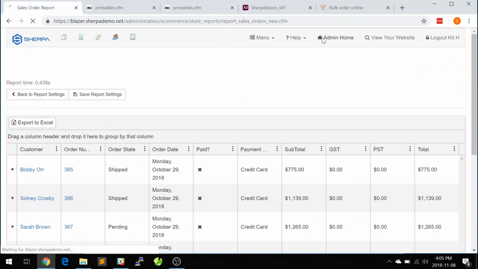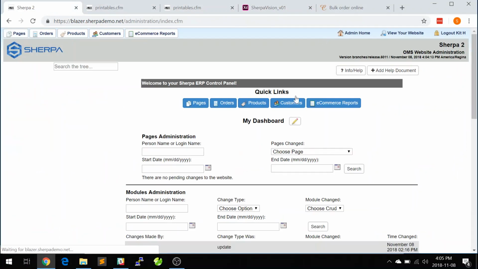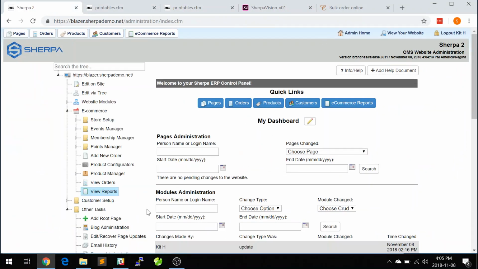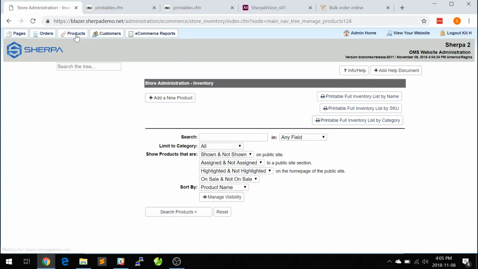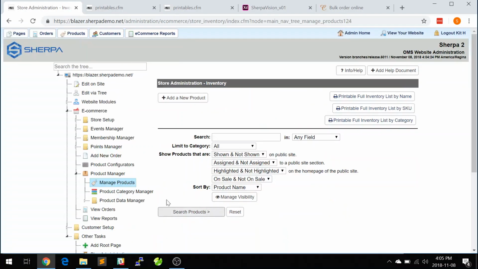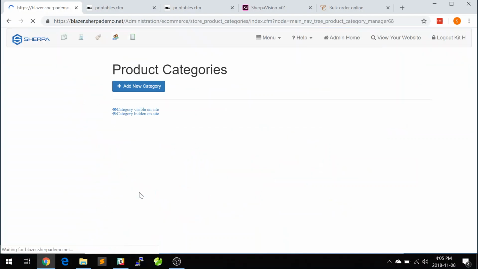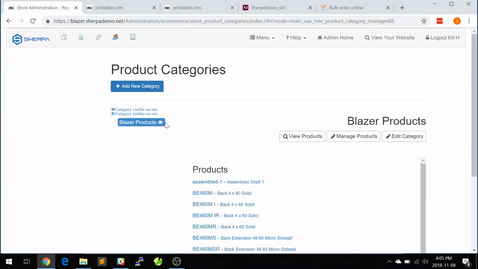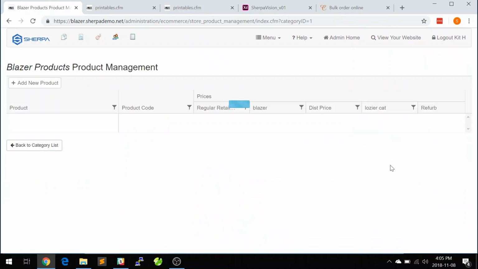If I go back to the actual demo site, I was able to go over our sales orders, and you can see right now we have our orders, our products, our customers, as well as our reports. I'll quickly jump to our products. This is where you're able to search for your products, as well as see any details on them. If I go to manage products right here,